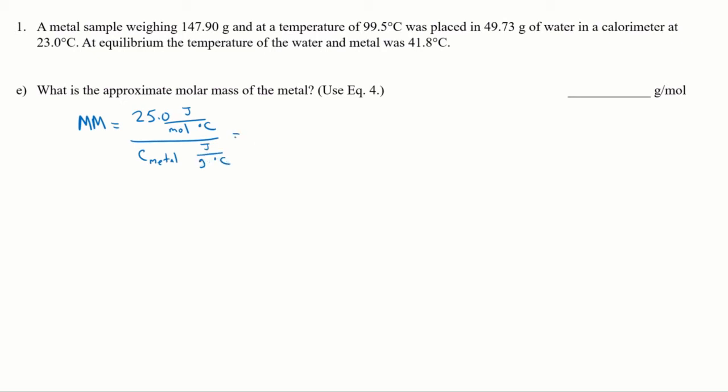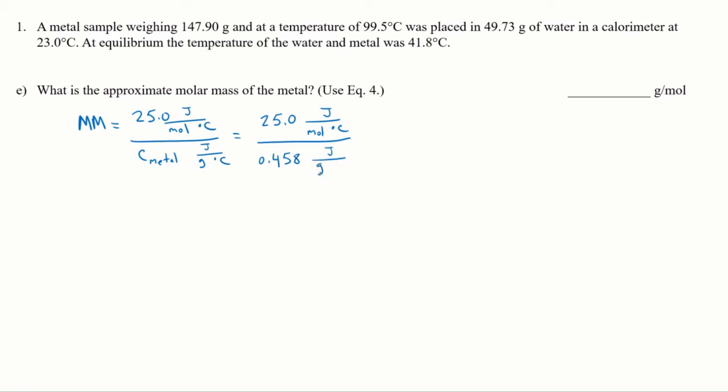So to answer this, I need the answer from part D, which is the specific heat of the metal, 0.458 joules per gram degree, and we will answer this by dividing 25.0 joules per mole degree by the specific heat from part D, which is 0.458